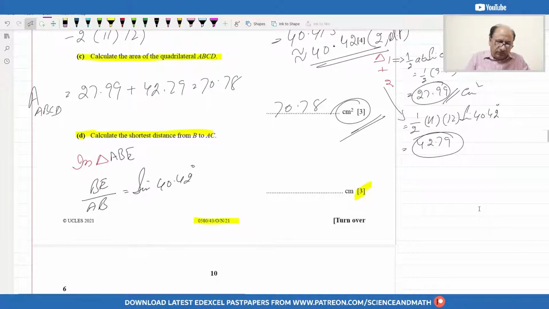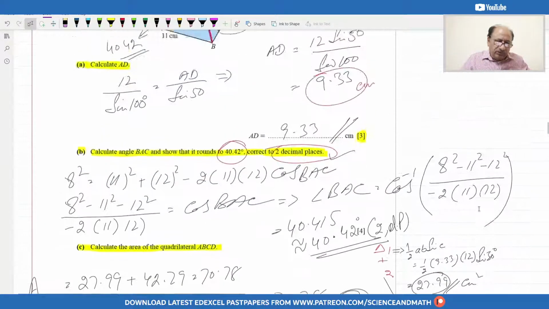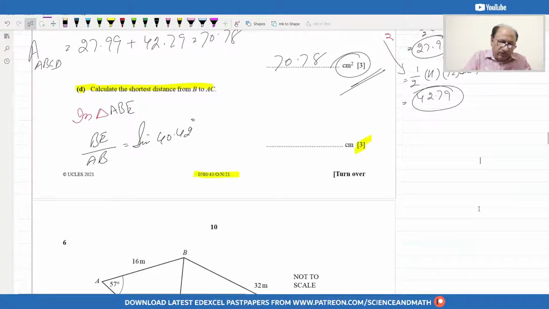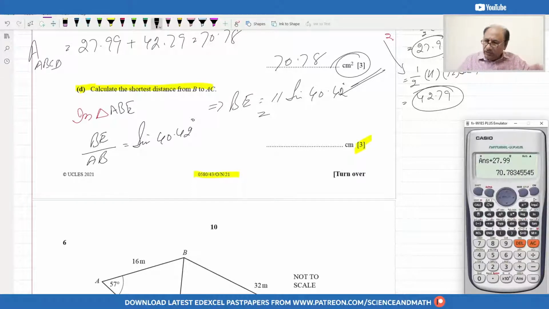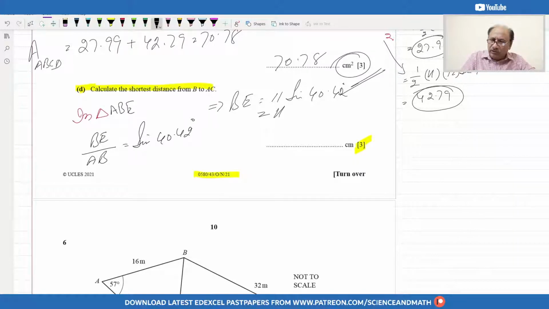So we can figure out this. BE, AB, basically we have AB as 11, so AB value we will replace. So this implies BE is equal to 11 sine of 40.42, and this will be equal to 7.13 centimeters. This will be our answer, and always provide answer at the proper given place, because examiner